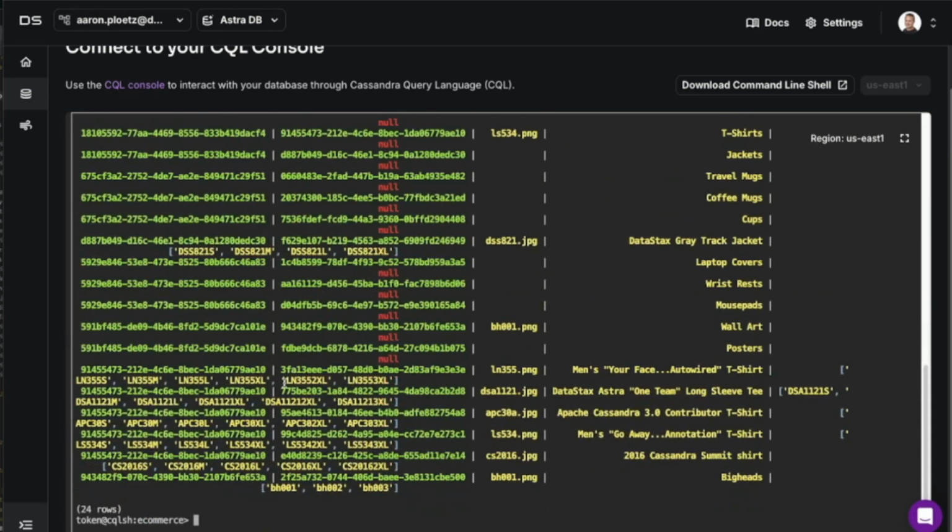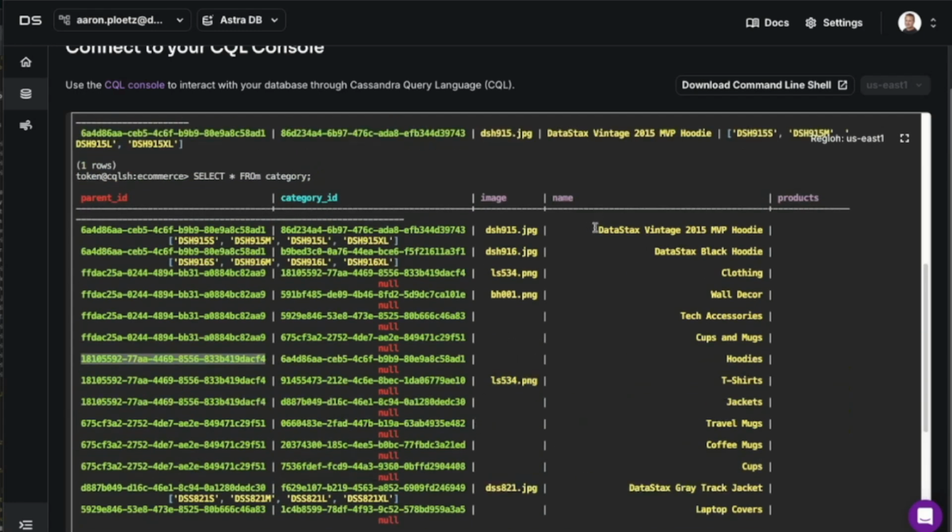If you go down and look at some of the individual shirts and things in here, like the MVP hoodie that we looked at before, you can see this is its category ID at the product group level.